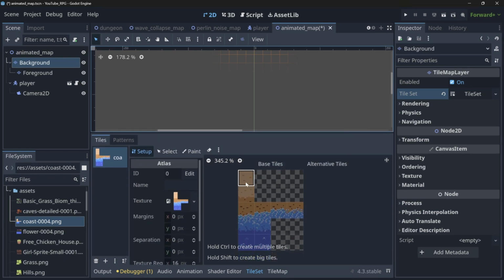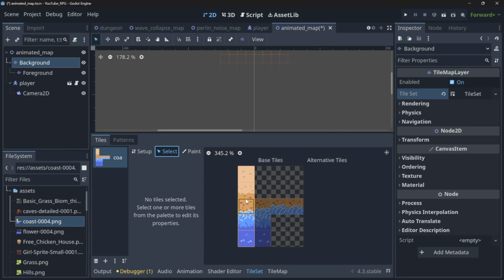And what I have to do is I have to select the tiles manually. So I will select these 5 tiles. Now we have some extra tiles, but we will not be selecting these because these are not independent tiles. So these 3 tiles are basically animation of our tile, which is already selected. So we don't need to select these tiles. So these 5. And then what we need to do is we will click on select and we will click